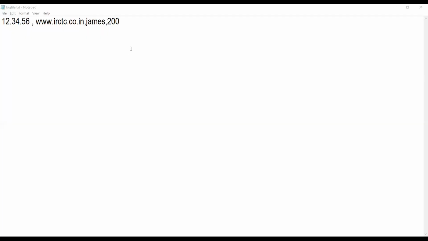I just opened that log file, and in this log file it was written like that. I double clicked from my E drive, and it was opened like this. Whatever I wrote in my program was written here. In this way, I need to write my logs to the file, or not only logs, you may write anything. If you want to store something like database details, you can also store that. Whatever information you want to store into the file, you can do it this way. Same methodology we have to follow.